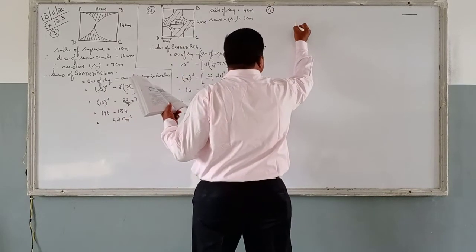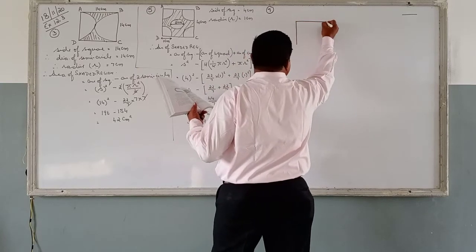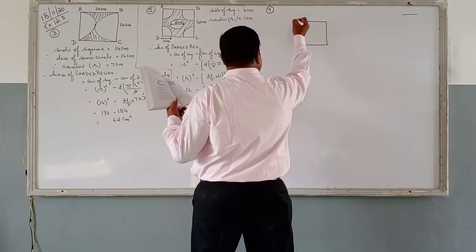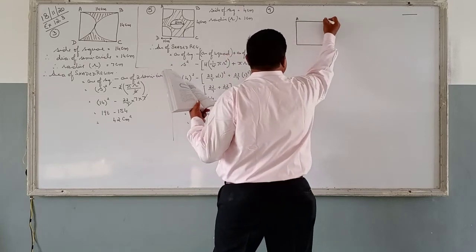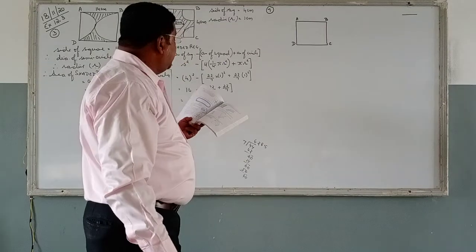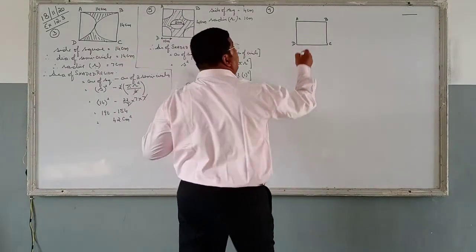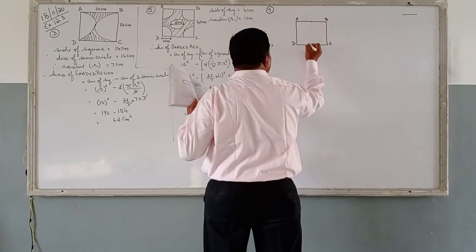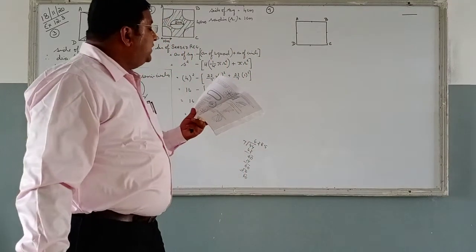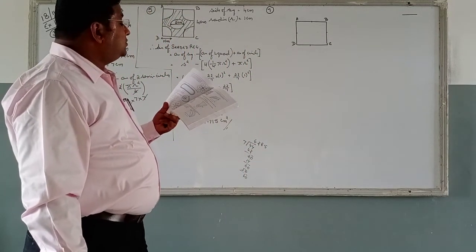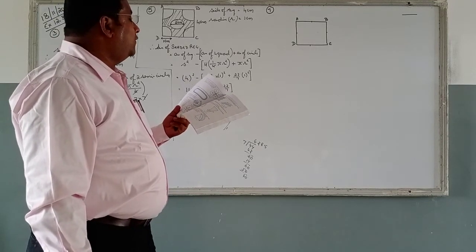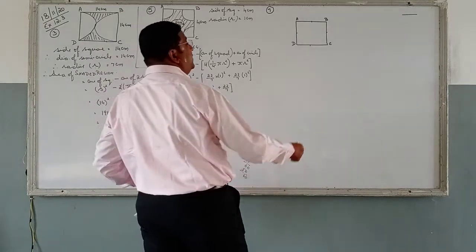He says, this is a square again. A square is there, ABCD. He says, in the given figure, ABCD is a square of side 14 centimeter. The side is 14 centimeter, and circles are drawn with centers A, B, C, D. 4 circles are drawn such that each circle touches externally 2 of the remaining 3 circles. Find the area of the shaded region.